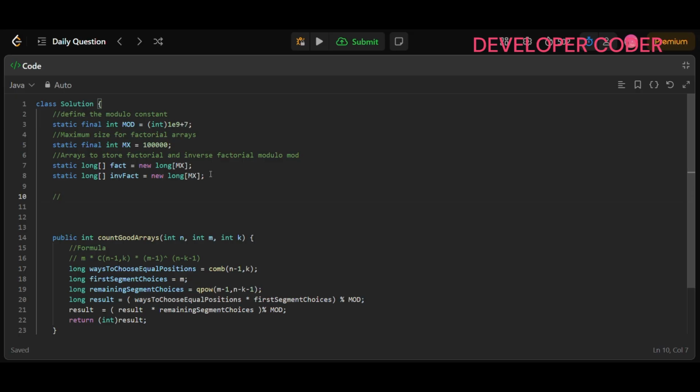inverse factorials. In competitive programming it's good if we already know the results of factorials and inverse factorials beforehand, instead of calculating them again and again, because it is going to give fast results. If I already know the values of all the factorials and inverse factorials in the beginning only, right? So here what I'm going to do, you can write